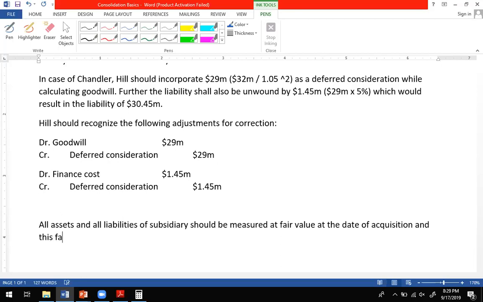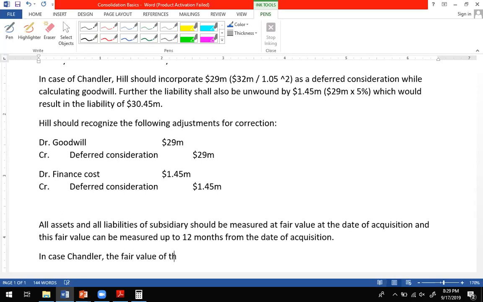And this fair value can be measured up to 12 months from the date of acquisition. Now this is the general rule, and now we are going to apply it. In case of Chandler, the fair value of the land at the date of acquisition was reduced by $10 million